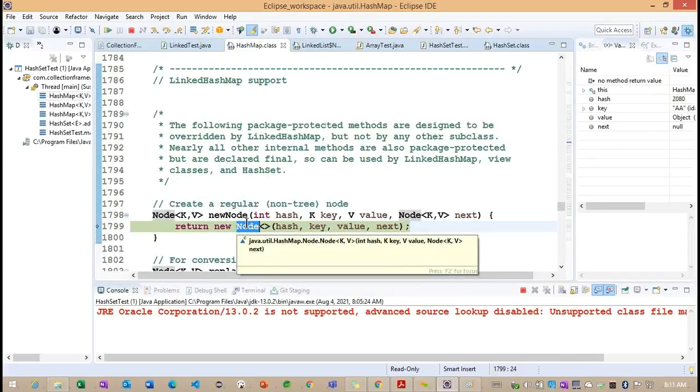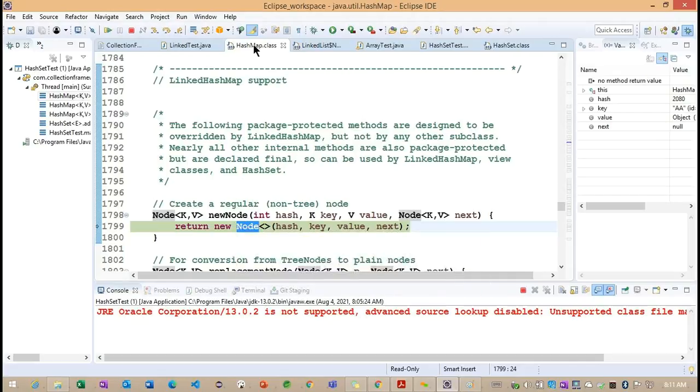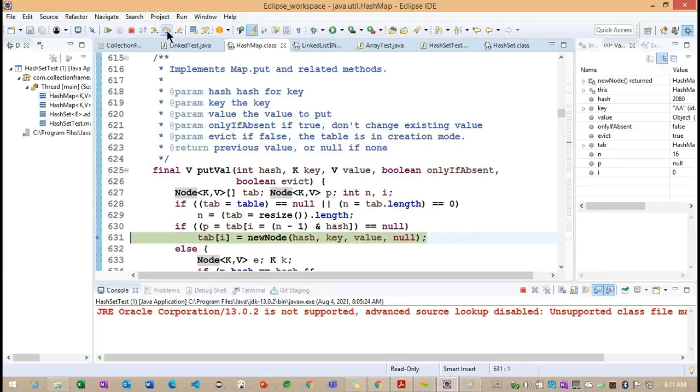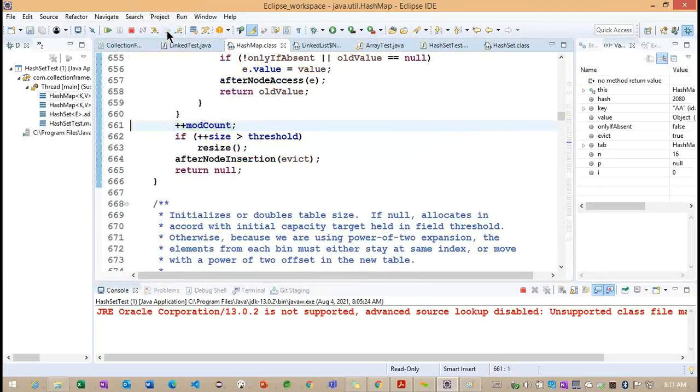The Node section is already implemented in the hash map. This is a nested class. Node is a nested class, which is implemented in our hash map here. Okay. So based on this particular hash, they are going to create a node here. We'll see how these diagrams are going to create it for this particular key value pair node.